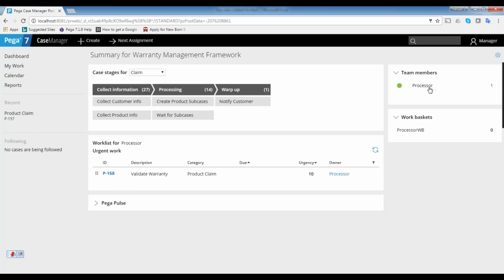You can see here it is showing. It's not showing which items you have, but you can see how many work items you have access to. You can see the work basket is not there. It's showing the work list for this user. So you can also see the team members' work list as well. So these are his team members, and here it shows how many work items are pending with this processor. You can click on that and it shows the work list for the processor.